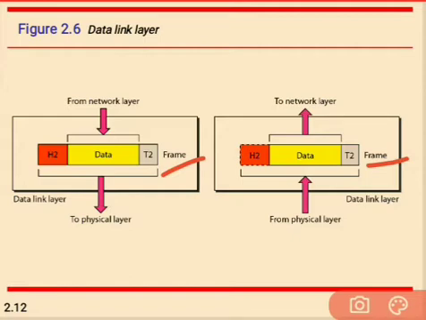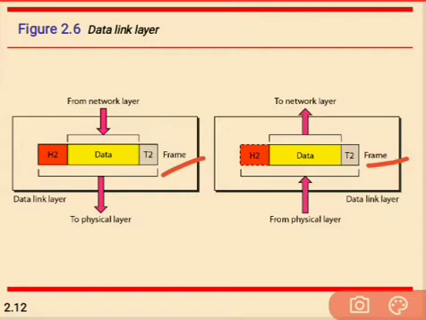It provides a way for the sender to transmit a set of bits that are meaningful to the receiver. This can be accomplished by attaching a special bit pattern to the beginning and end of the frame.